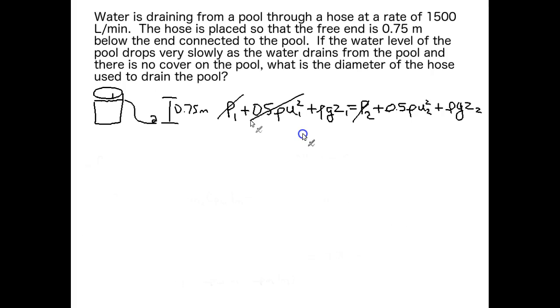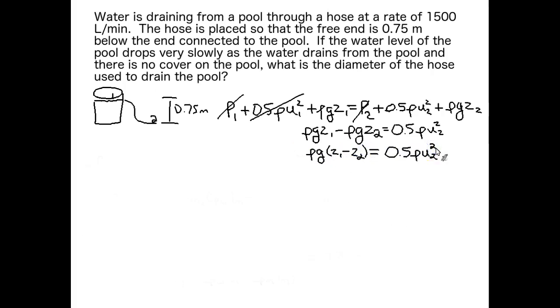But we can take care of that if we take all our crossed out terms out of our equation and rearrange so that we have the velocity term on one side and the heights on the other. So let's do that. Okay, let's collect terms. On the left-hand side, we have rho and g that are multiplied by z1 and z2, so we can squash those terms together. And when we do that,